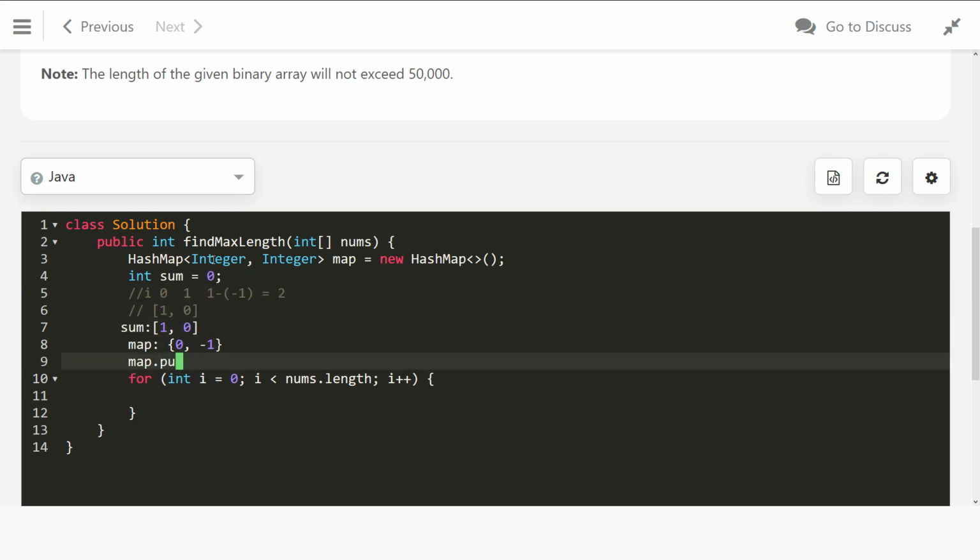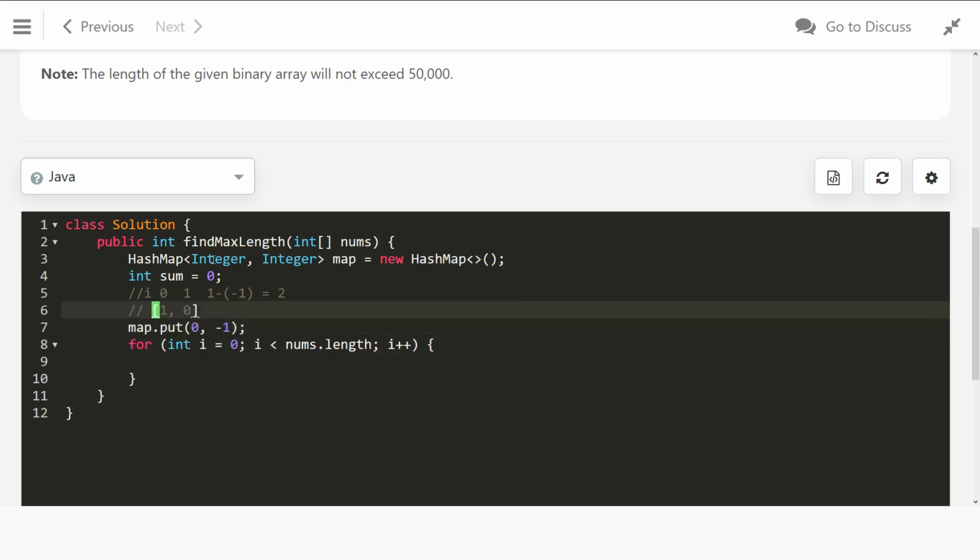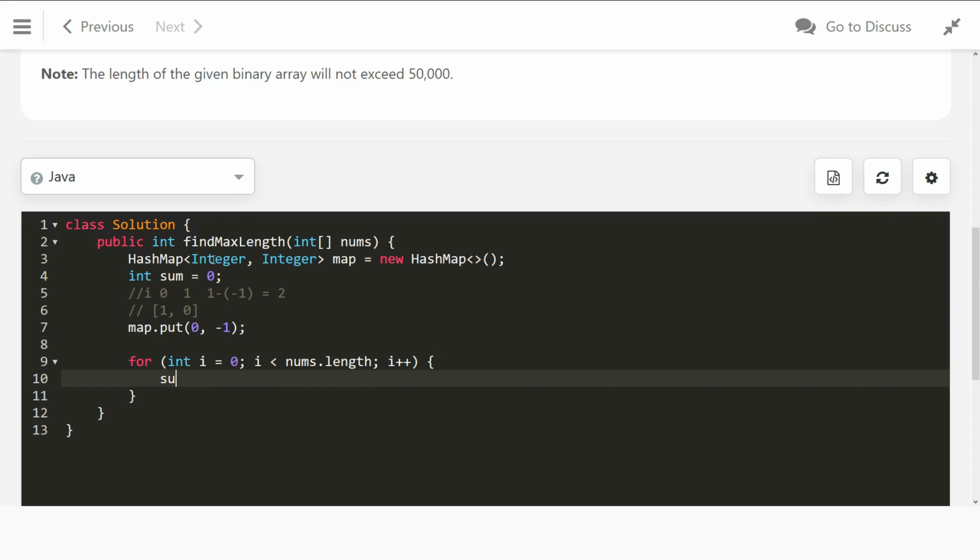So we want to put in our map that we've already seen the sum 0, and that occurs when the array hasn't even started yet, at -1. So it's not 1 here, because at 1 we've already started our array, and here we can see that our sum is 1. Okay, so now we have our sum,